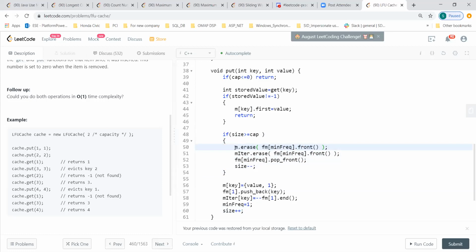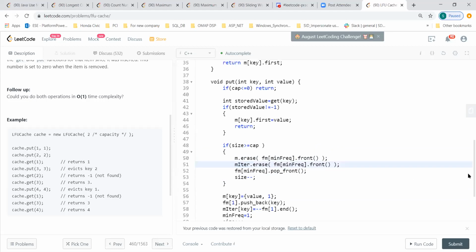So we will erase that from this map, and then we will also change this iterator, because we have to change this iterator also. Right, so we remove the front. And then we pop it from this frequency map also, and then we decrement the size because we have to add all this stuff here, right? So we are going to update that. That is the only thing we do different if the size is greater than or equal to the capacity. I think it would never be greater than.